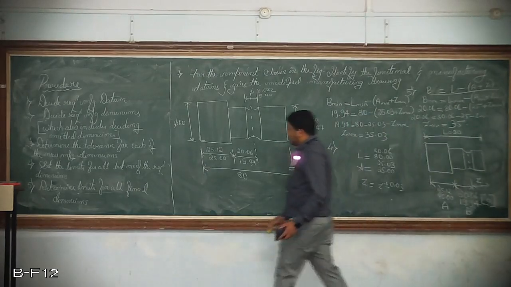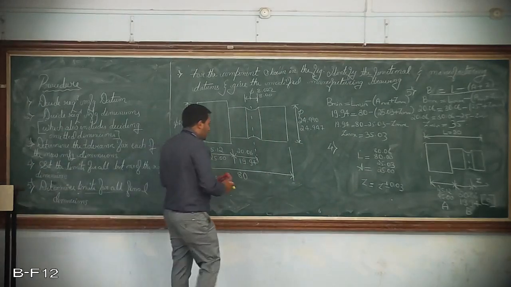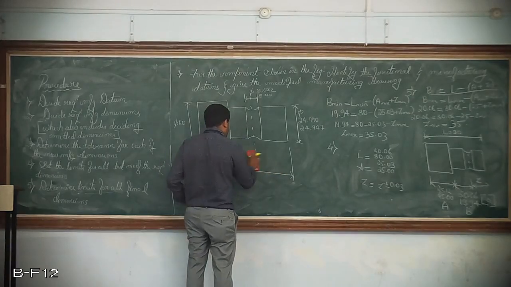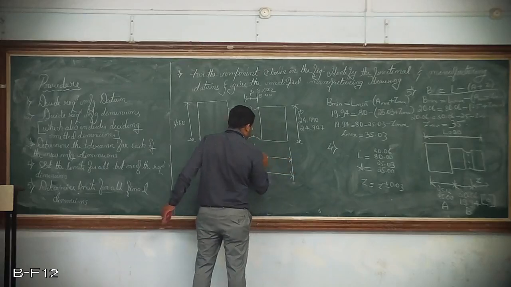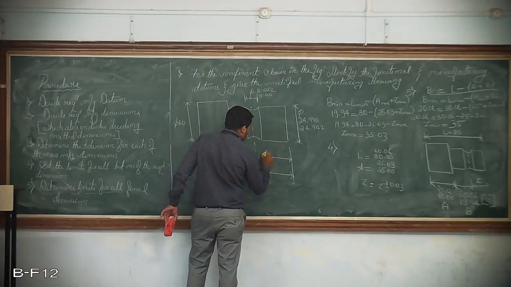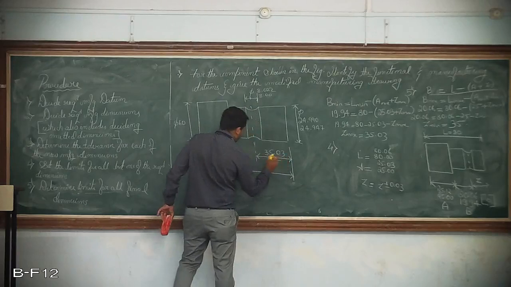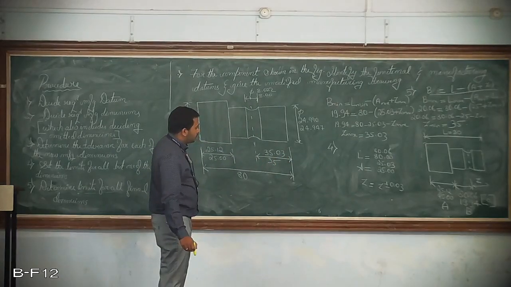So hence the new manufacturing layout, I am just going to represent it over here. This dimension is omitted, so I am just not going to represent this. Instead of that, I am going to represent the new dimensions, that is 35.03 to 35. This length also I changed as